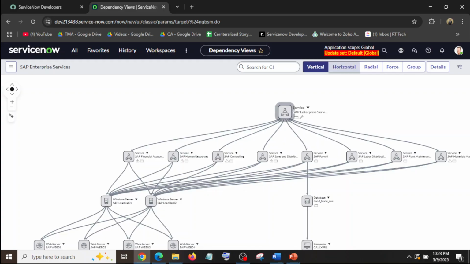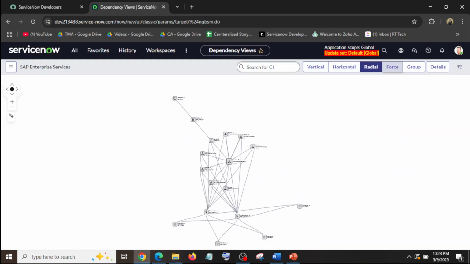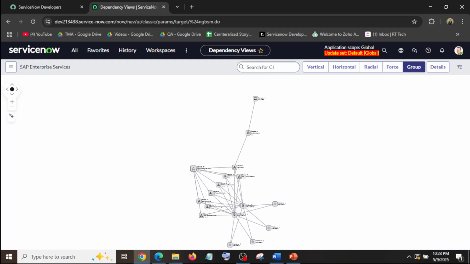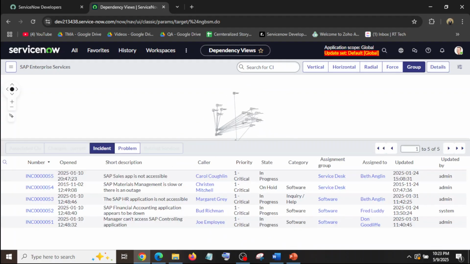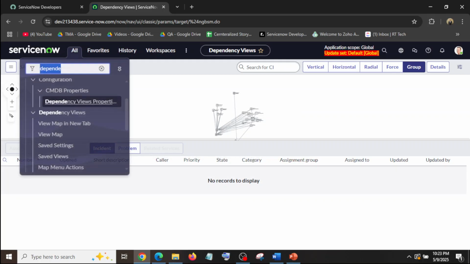And there are different types like horizontal, radial, force, groups. You can also see the details by clicking on the nodes. So this is the dependency map.